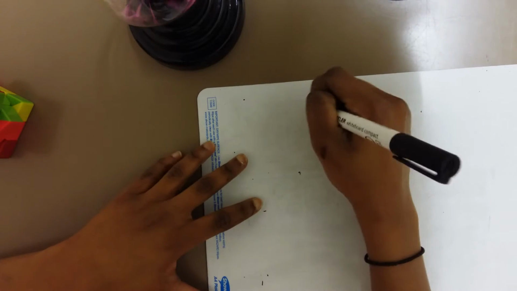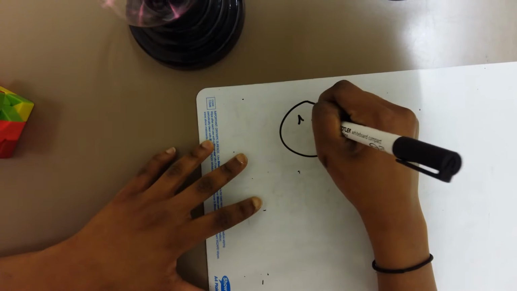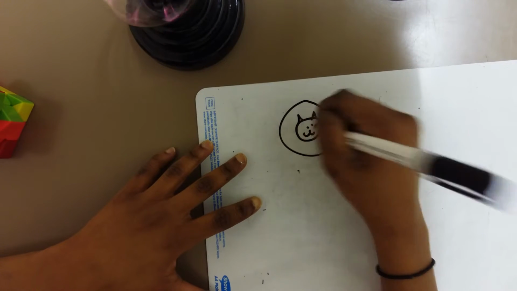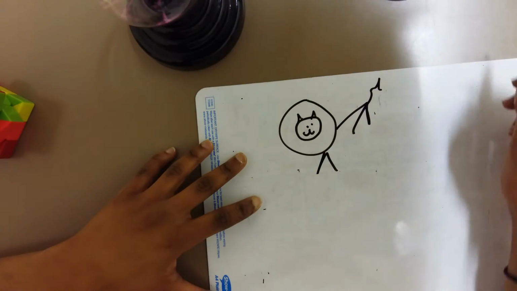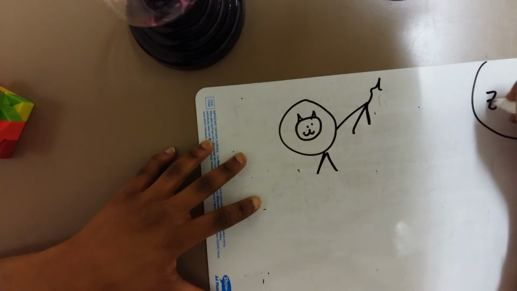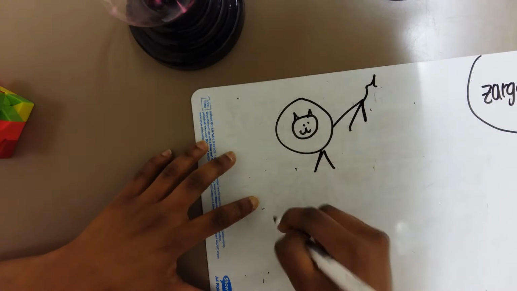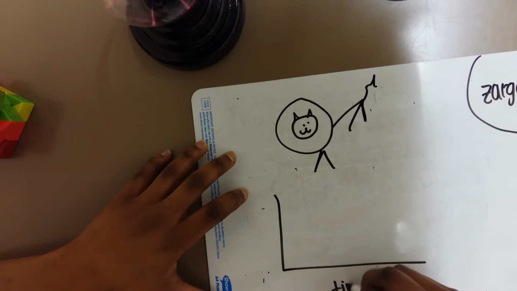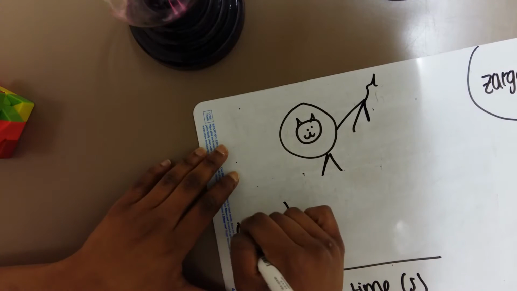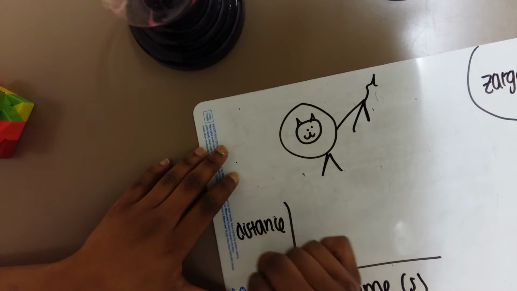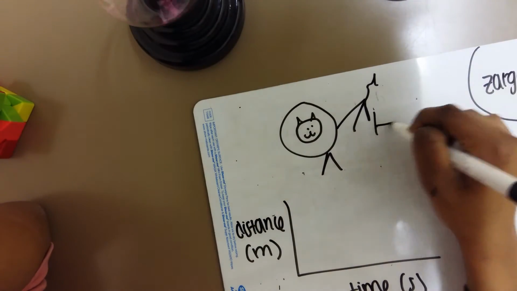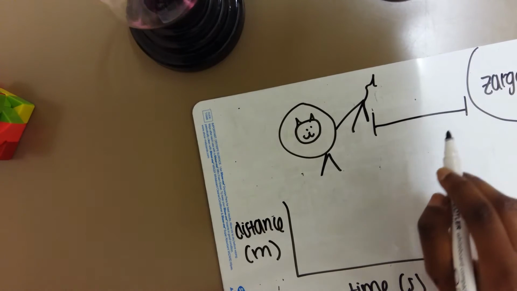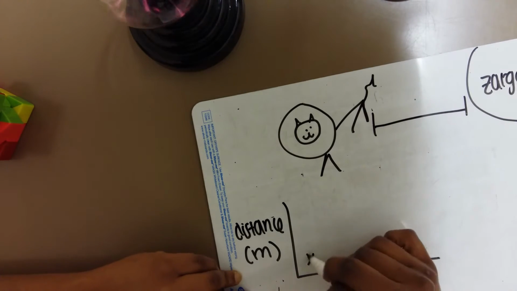let us say that we have a cat moving through space. And this cat is moving away from the planet Zargon. If we drew a distance time graph of the movement of the cat from the planet Zargon, and let's say it looks something like this,